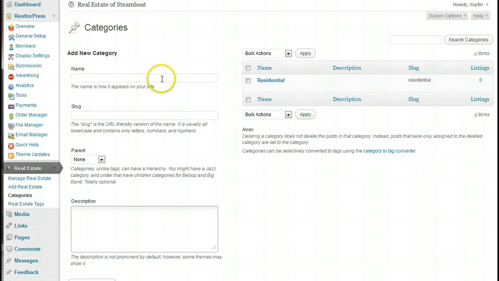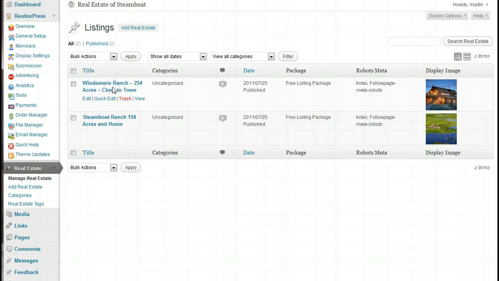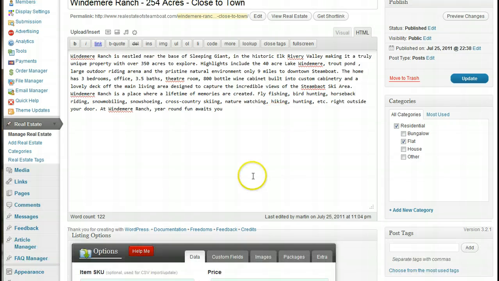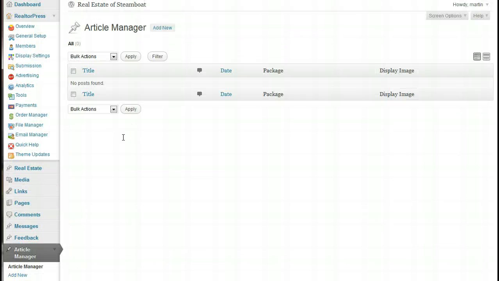breakdown of the area. You can do that in the categories, and then it's real easy when you go into the property to just, once those categories are created, all you have to do is click on the categories here and just pick which ones that go, and then hit update, and then it'll update where your categories are. If you're going to do any articles, posting articles maybe about different real estate, what's going on there,